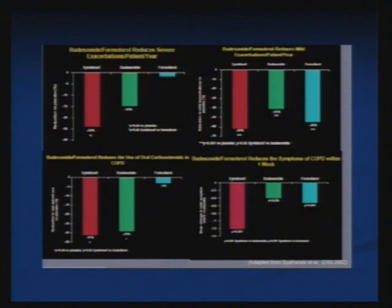Now, this is a very beautiful study in which various parameters on the use of combined drugs were compared against single agents in a single study. On the first graph at the top left is seen the effect of the combination of budesonide and formoterol, and it shows the reduction in severe exacerbations per patient per year. In blue is the effect with formoterol only, in green is the effect of budesonide, and in red is the effect of Symbicort,